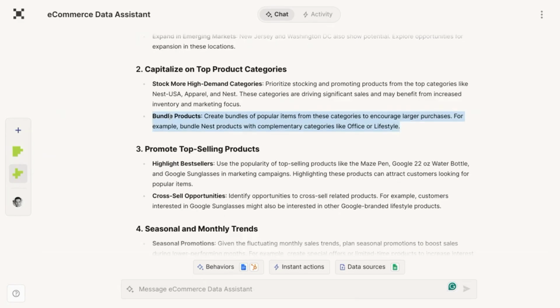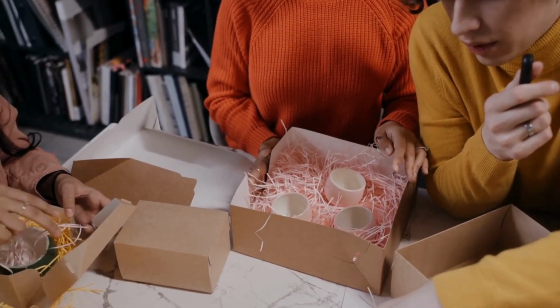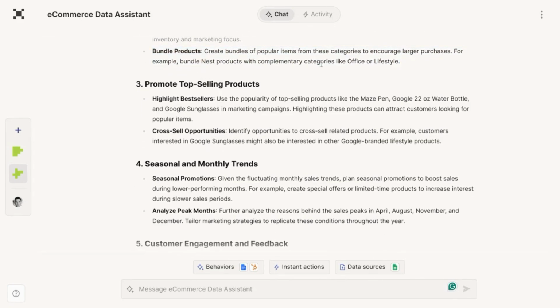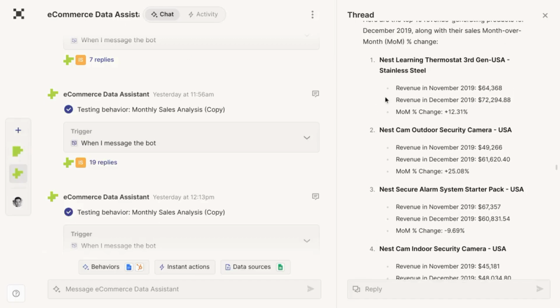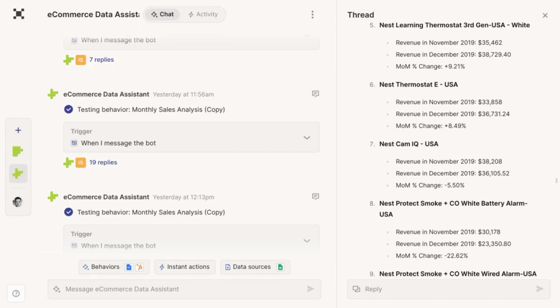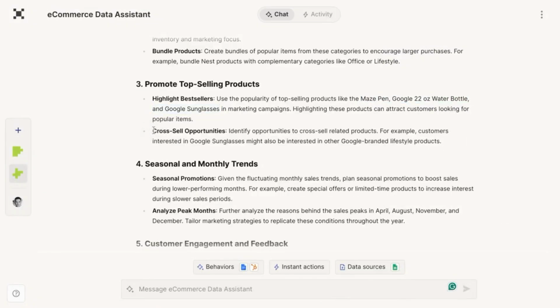analysis for that matter. This is a good recommendation as well, bundling products together, especially popular items, to increase average order value. And it suggests Nest products with complementary products like office or lifestyle products, promoting top-selling products, highlighting the best seller. Now, these products I didn't see in the list of top-selling products. Most of the products that it returned, if not all of them, were Nest products. But another good recommendation is identifying opportunities for cross-selling products, like customers interested in Google sunglasses and other Google branded